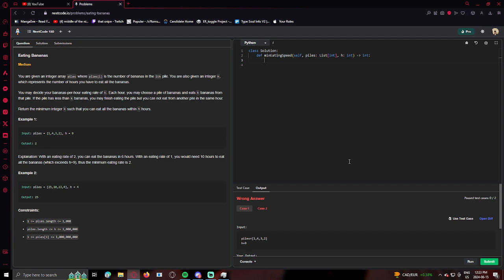So we need to start. Yeah, we have k low equals 1, and so let's put it back. So let's just delete this. k low equals 1, k high equals the max of piles. Whatever the max number is, that's what it is. Okay, and then we have to do